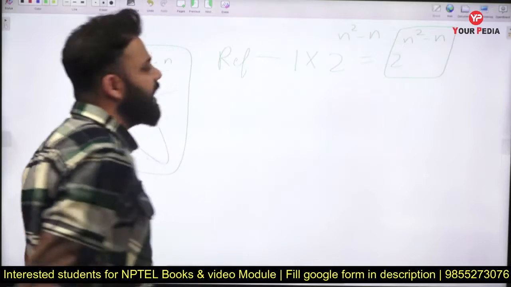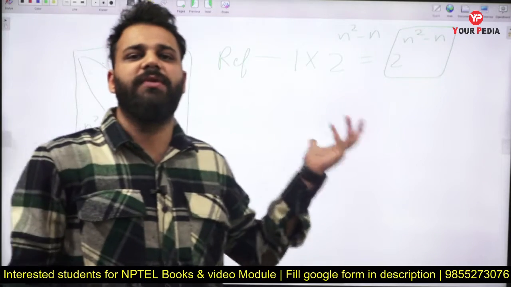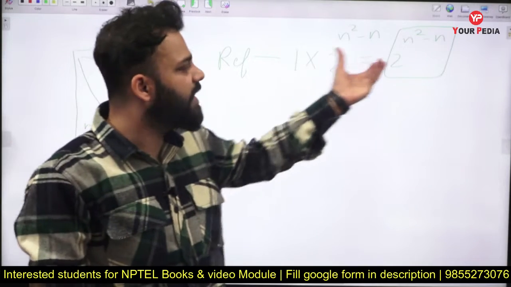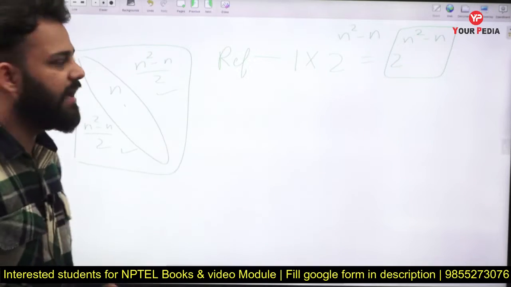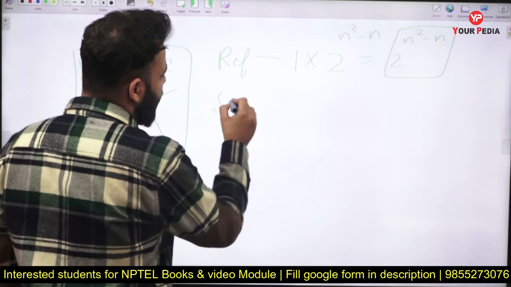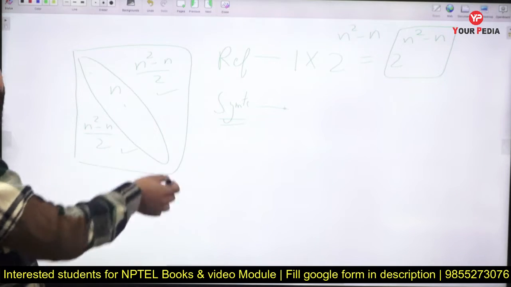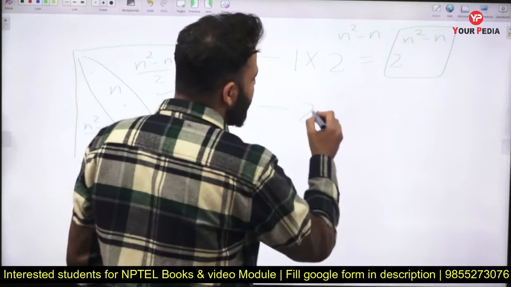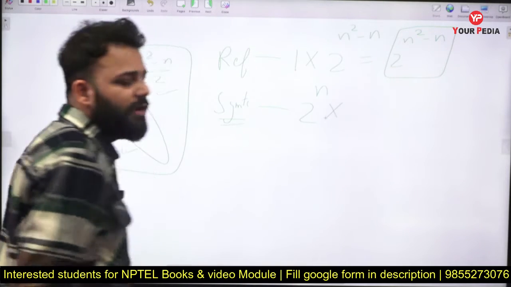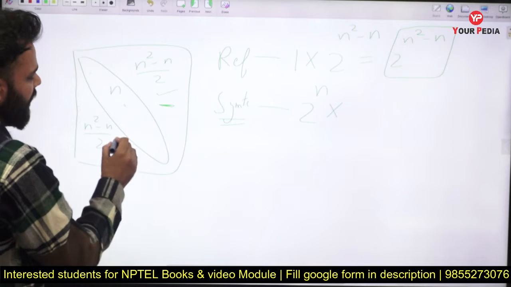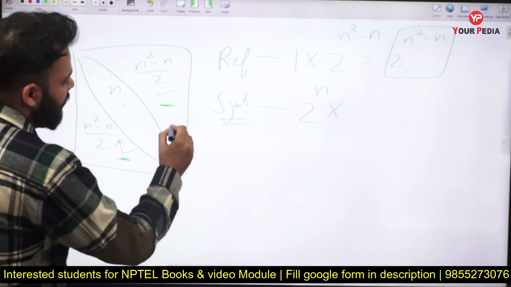You don't need to cram the number of reflexive, number of symmetric and number of asymmetric or anti-symmetric relations. You can just make the formula if you have the understanding of the concept. So in case of symmetric, all the self loops have two options, because whether a self loop comes or not, it will not affect our answer. But in this case, if this element comes, this cannot come. If this element comes, this cannot come.